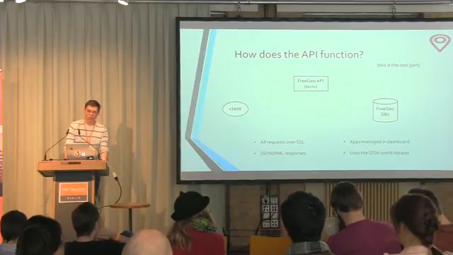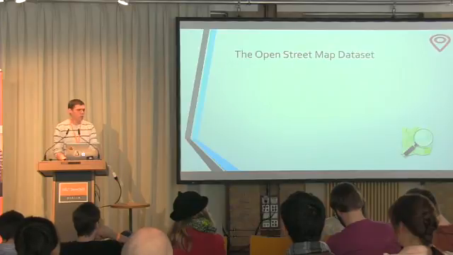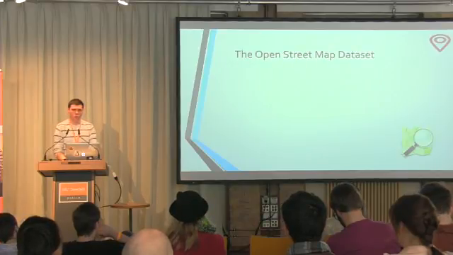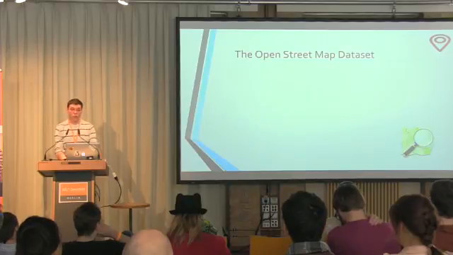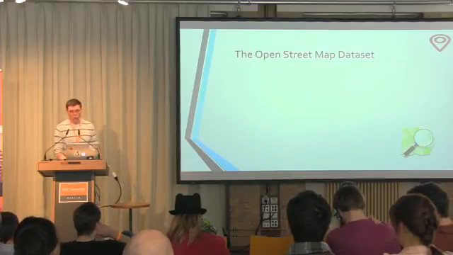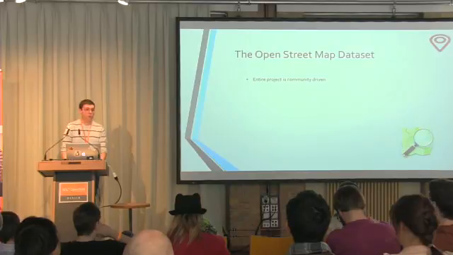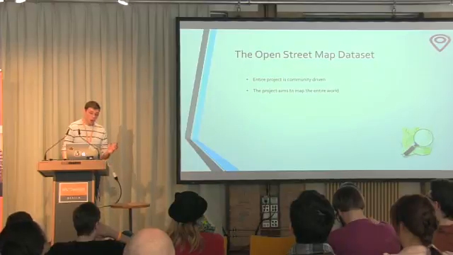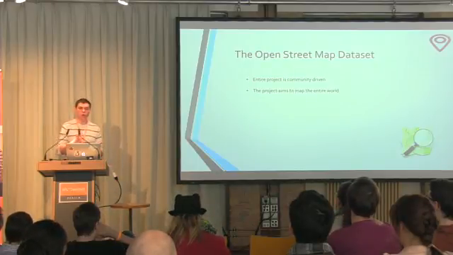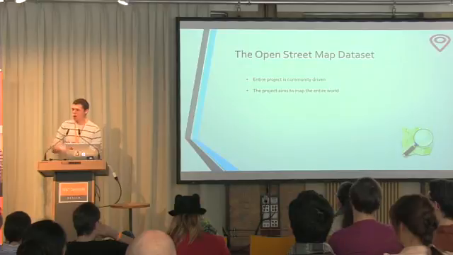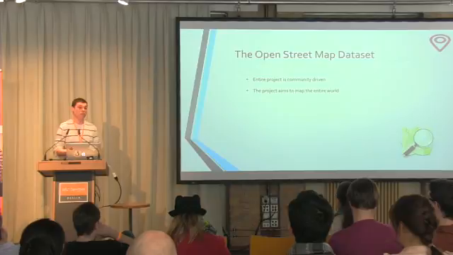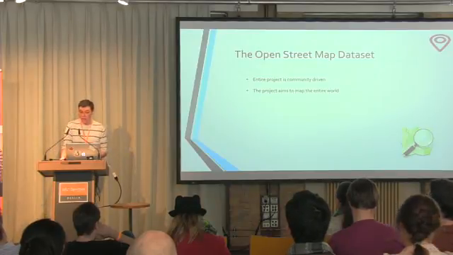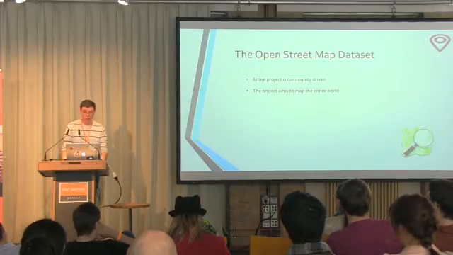Now, I want to jump just a little deeper into the dataset. I think most people are probably pretty familiar with what the OpenStreetMap project is. It's actually a really cool project. It's entirely community driven, and their goal is to map the entire world. They focus on local knowledge. You have people out there with low-tech field maps, aerial images, and GPS devices, verifying that the data that has been contributed to OpenStreetMap is actually valid and useful.